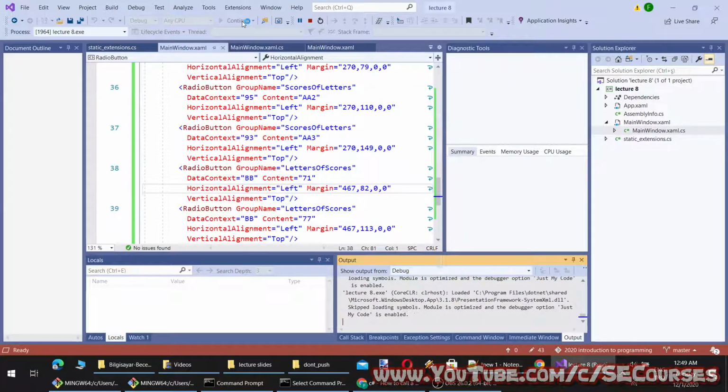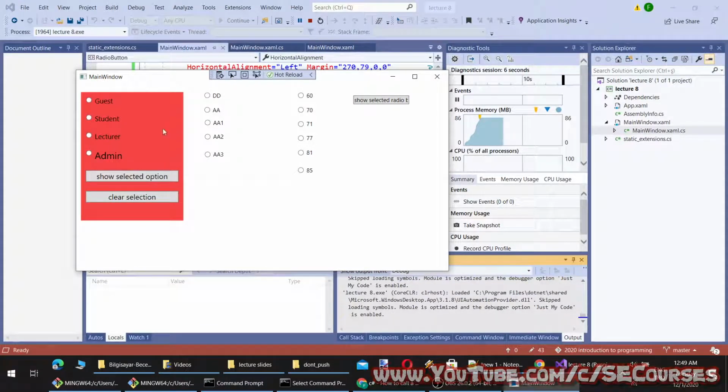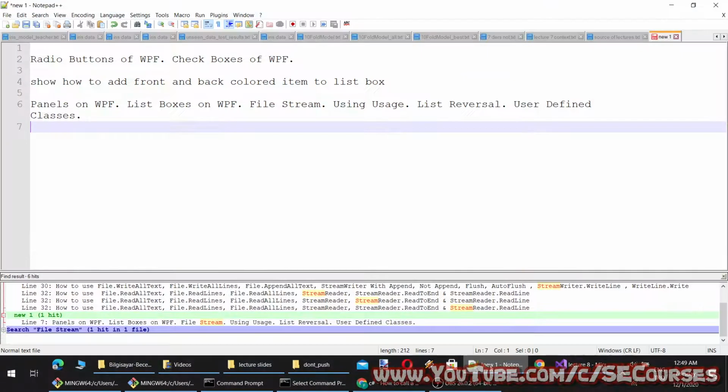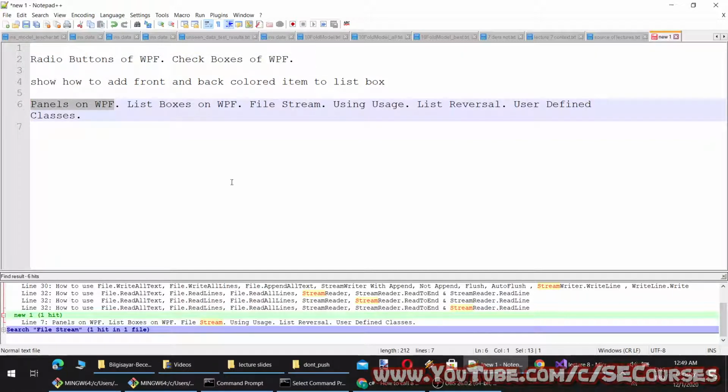However, since I am not using any stack panel, I have to set the position myself. So you see now I can make it like that. It is working. And I didn't have to change any of the background code because I have made them dynamically to get assigned, to get used. Therefore, it is working without changing any code at the background. I think now you get the idea of radio buttons and stack panels.